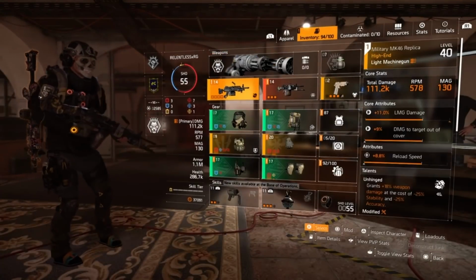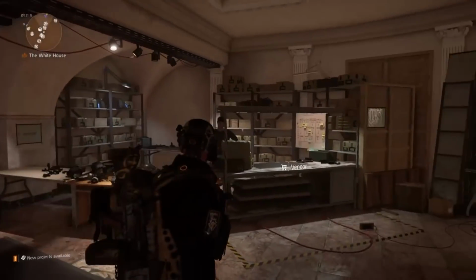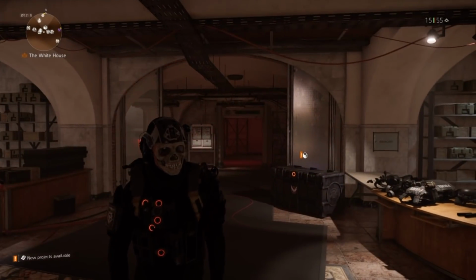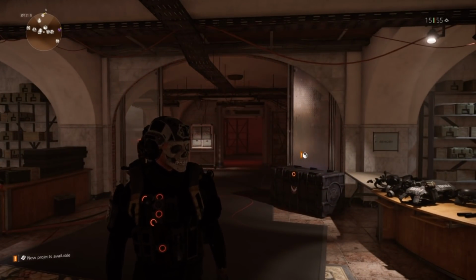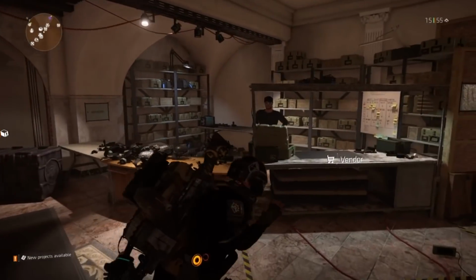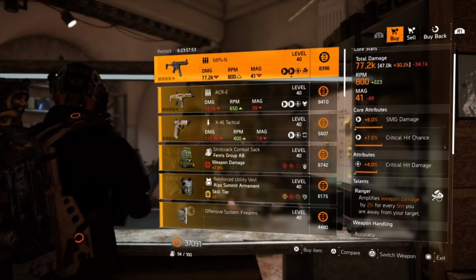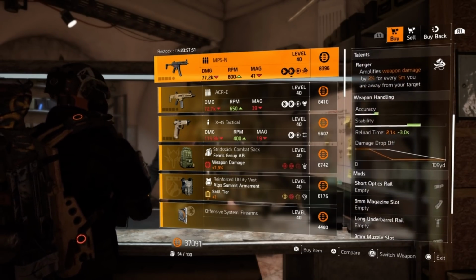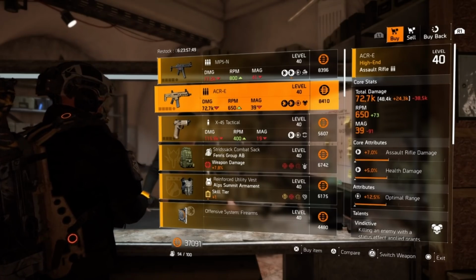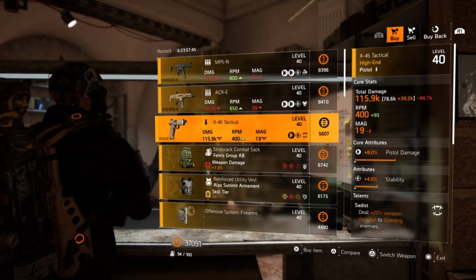Now, quickly before I forget, let me turn my base damage on. We're going to start out here in the base of operations, then move to the level 30 clan vendors, onto the DZs, then finally wrapping it up at the settlements. Starting out here first, we have an MP5N with Ranger, an ACR-E with Vindictive, an X45 Tactical